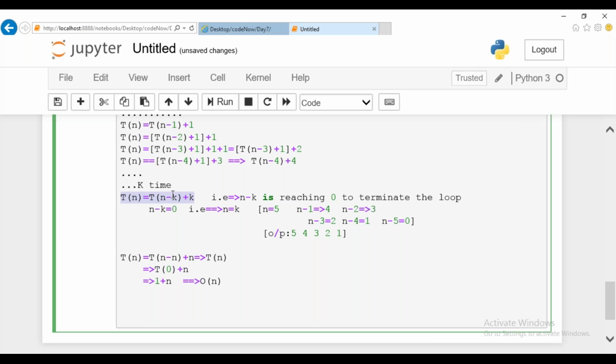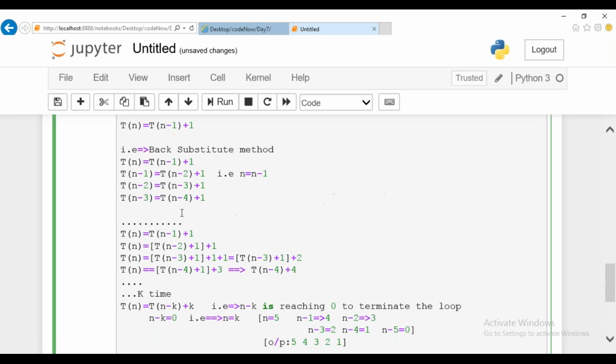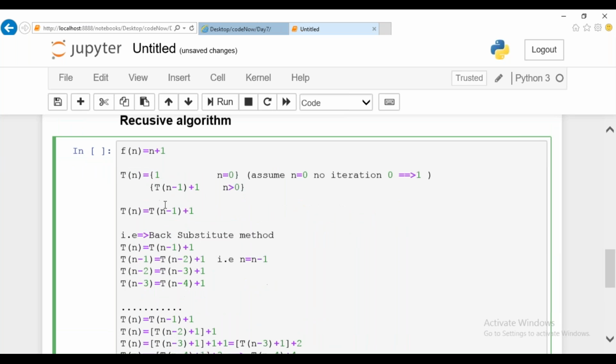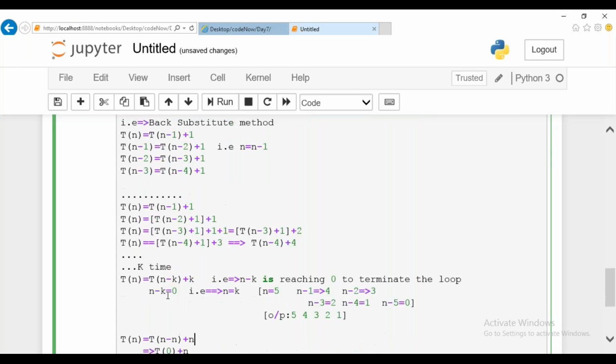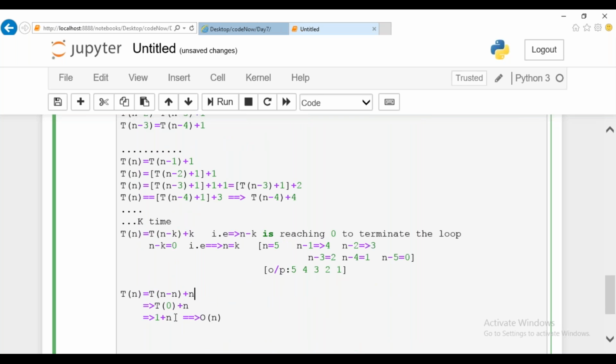Once you replace it, T of n can be made as T of 0 plus n, and T of 0 is already assumed as 1, so we substitute 1 plus n. So the highest degree value, n, is taken as your output.